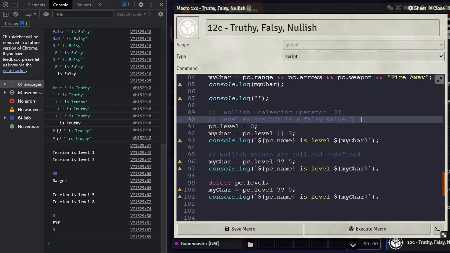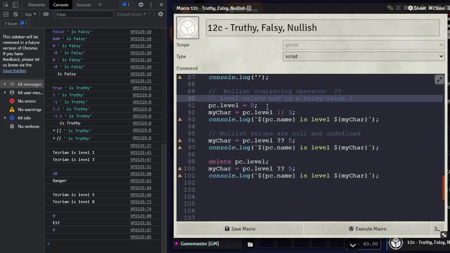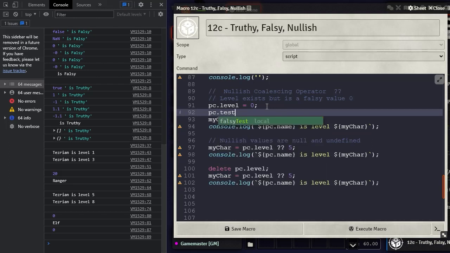I'll have to double check that. Actually, we could probably, let's do this, I don't know why I don't have that in here. pc.test, and we'll just do that as an equals an empty string, because I could swear it also did empty strings. And then what we can do is,